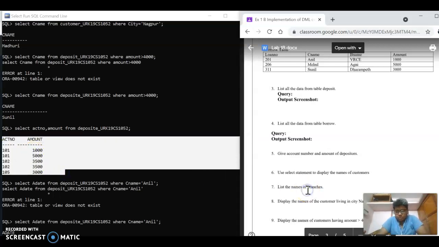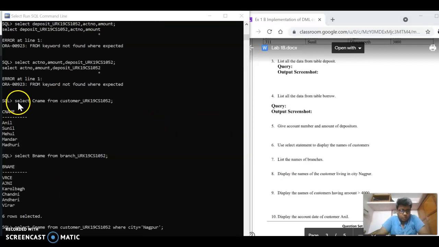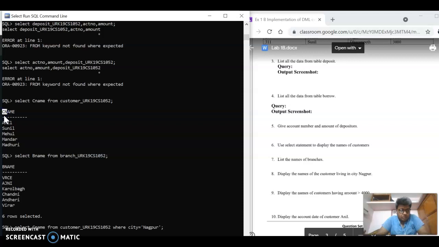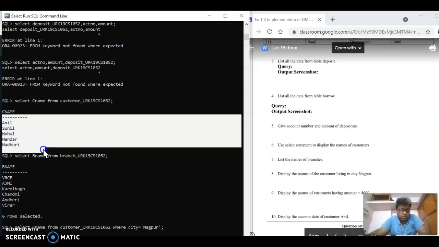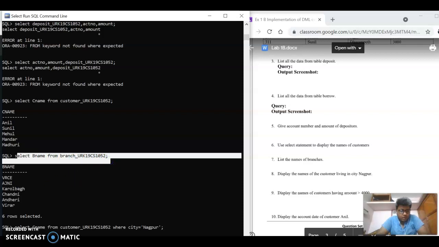So we come to the sixth question. Use select statement to display the names of the customer. And this is the sixth command: select CNAME from the customer table, and this is the table, with the name only shown. And the seventh question, list the names of branches, select BNAME from the branch table, and this is the